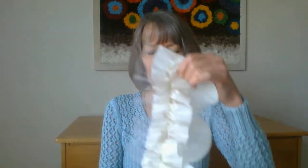Anyway, what I love about making these samples and having this sort of design library is that you can mix and match them. You can play around with them to see how different elements would go together, like this. You know, I think that would just be so sweet as the valance for